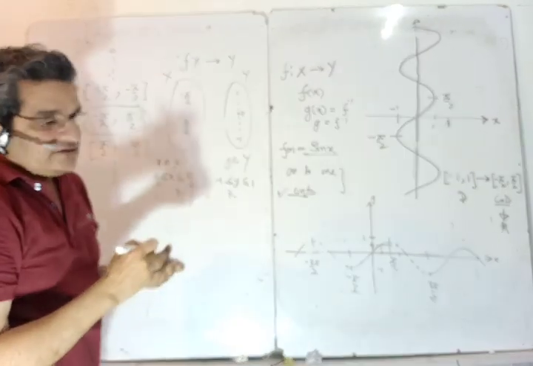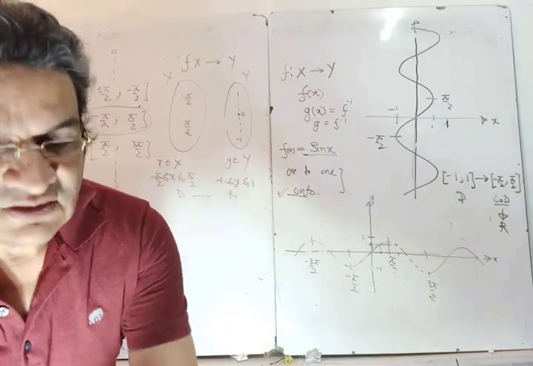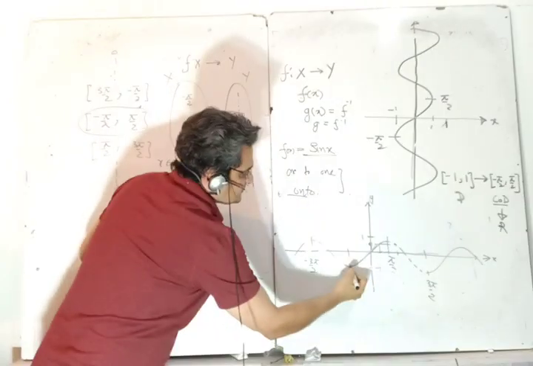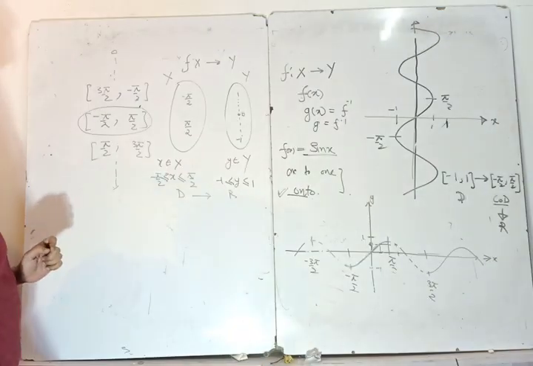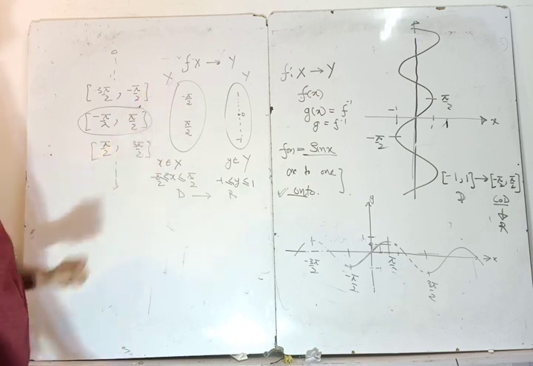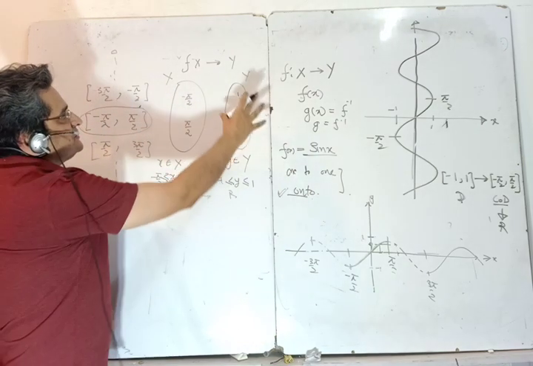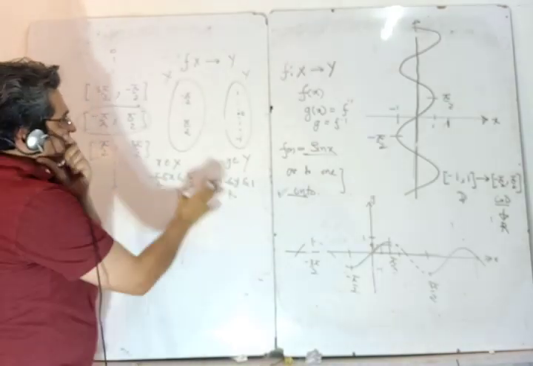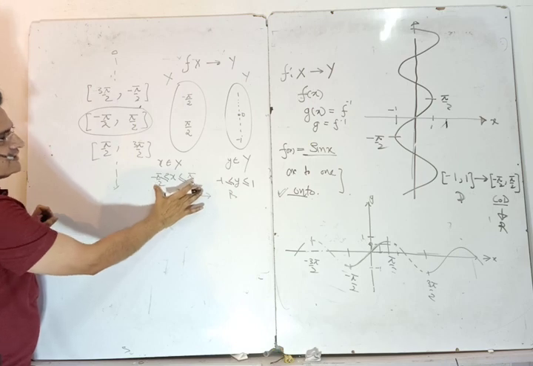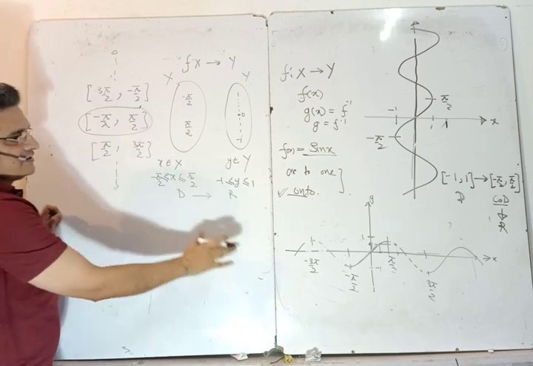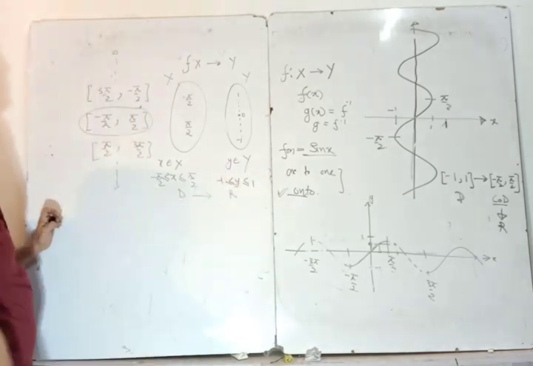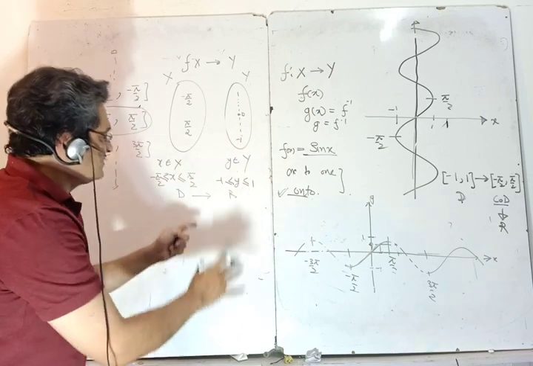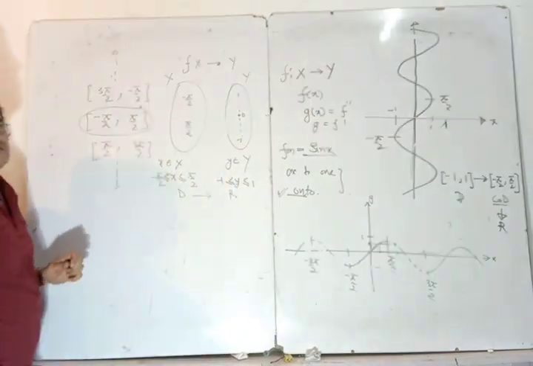And another interesting thing: when your range and codomain are equal, it is an onto function. Otherwise also you can see the function and say that it is onto, because each value of y is an image of some value in x. And the second way of saying it, the range is equal to the codomain, so it is an onto function. And it was 1 to 1. I made it 1 to 1 by restricting this domain. So now this function in this domain and range or codomain is 1 to 1 and onto. So I can find the inverse in this domain and range.